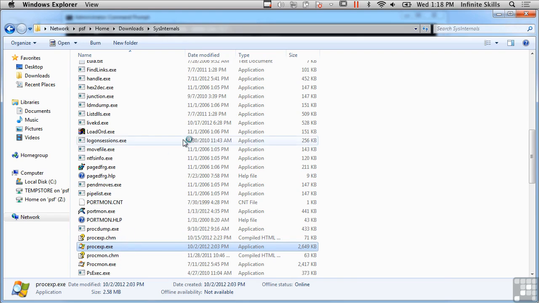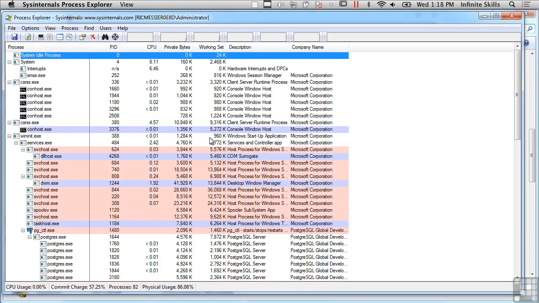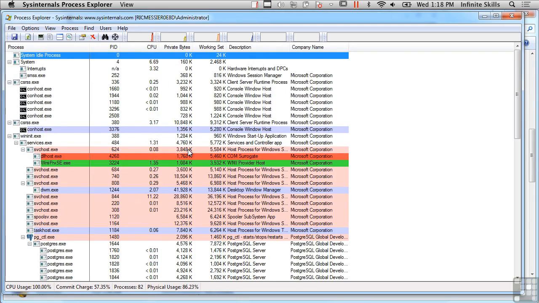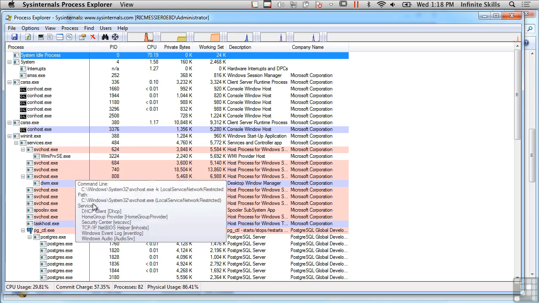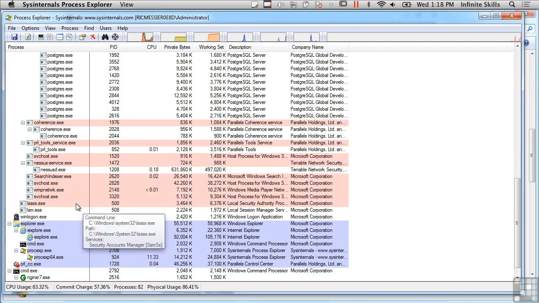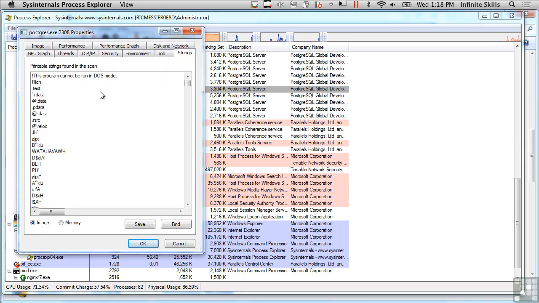So I want to see the processes that are running at any given time on a system when I've got access to it. So right here, we've got a look at all of the processes that are currently running, not only the processes themselves, but all of the threads as well. And I can get a lot of information about these processes. I can bring up the properties here, and it will show me the strings that are part of this job. So these are all of the ASCII strings, or the human readable strings, that are stored in this process's memory